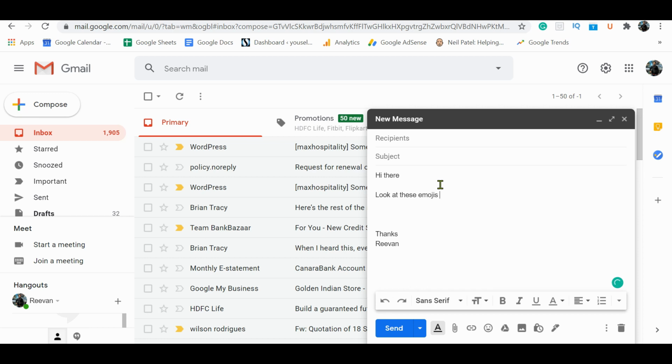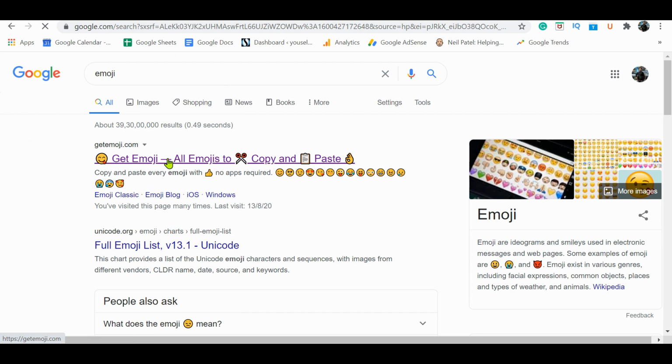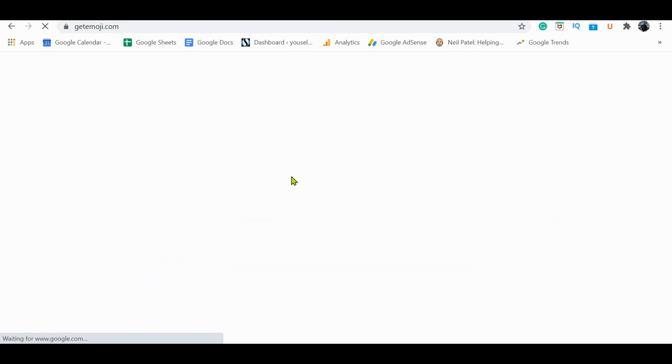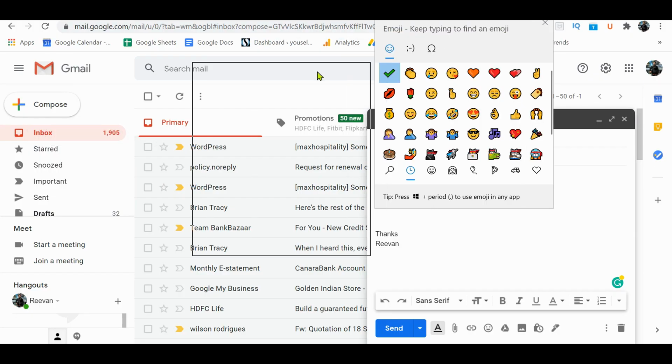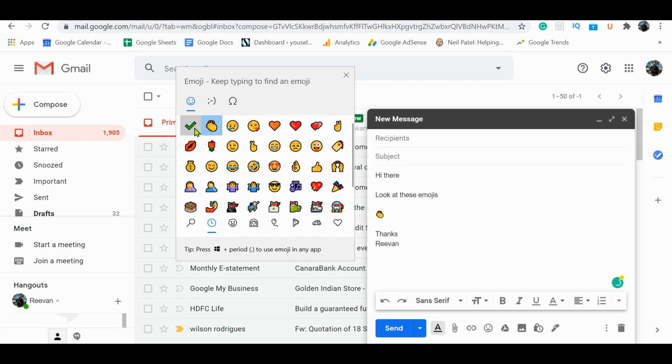Suppose you are sending an email or writing some script or anything like that, and you want to insert emojis in the middle, then most people will obviously search for emojis using the browser, find the emojis that they like and insert them into their file. This is a pretty long process, right? What about inserting any emoji instantly without going to any websites or browsers? Well, then just hit the Windows key and the dot key. This will open up a whole new emoji panel for you. You can add any sort of emojis to your app instantly.